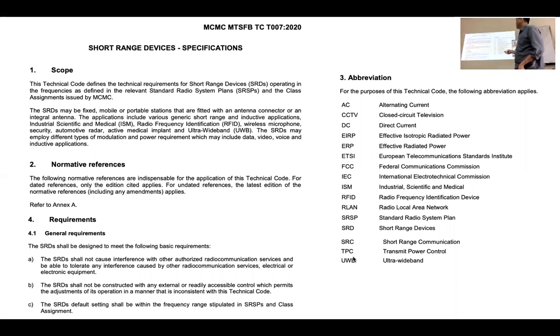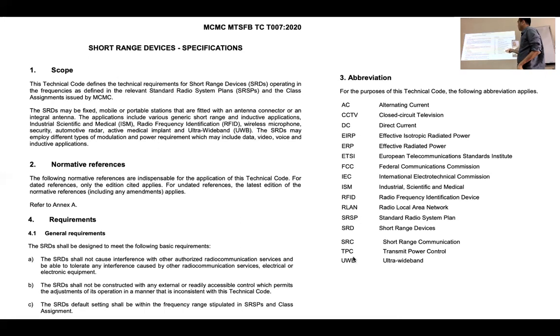So when you look at this one, let's say the SRD specification, you must look at the scope. It's important to look at the scope. I will not zoom into the technical details; it will be more of a general overview. What today is to enable us to start working on the application, then the PCS process. Right? So this one will be carried out separately for the other technical standards.